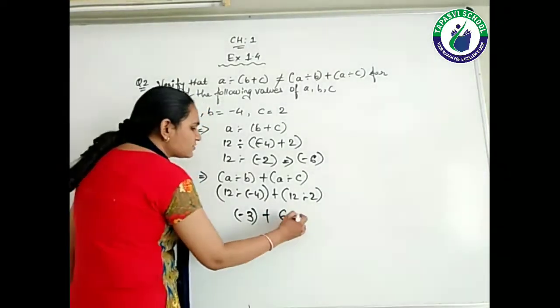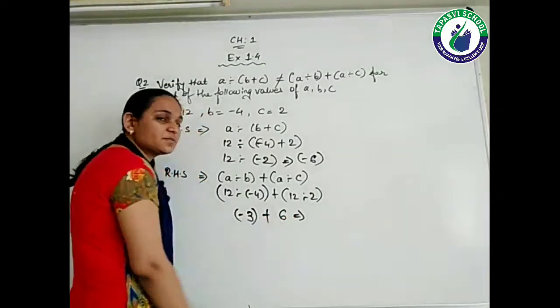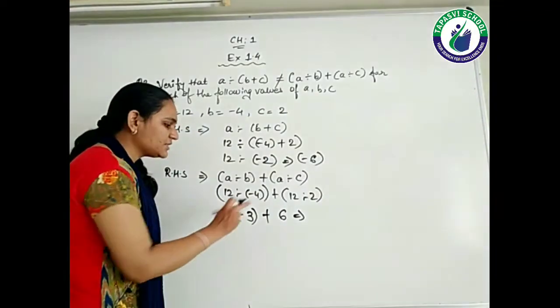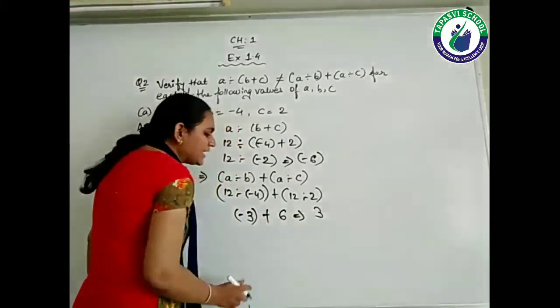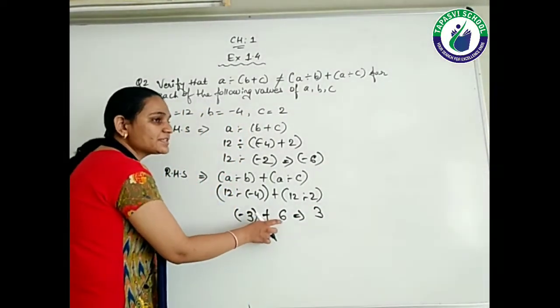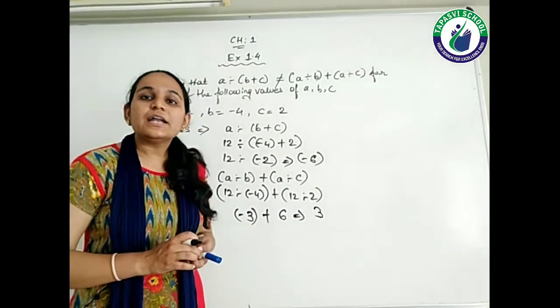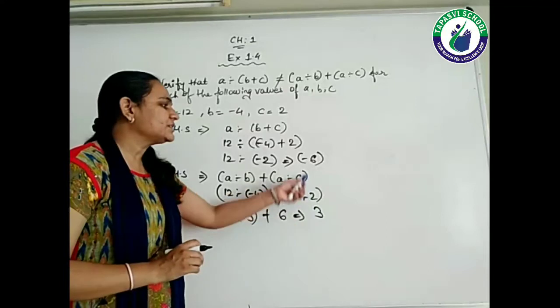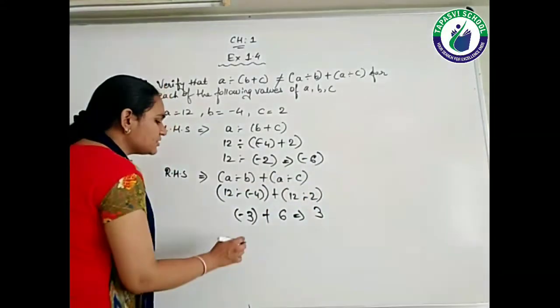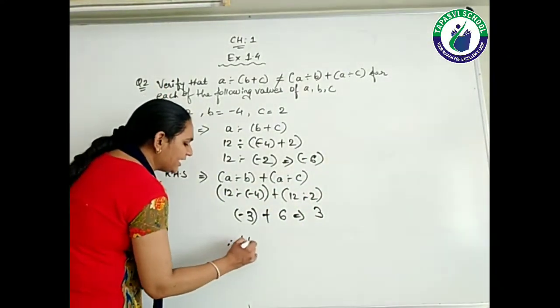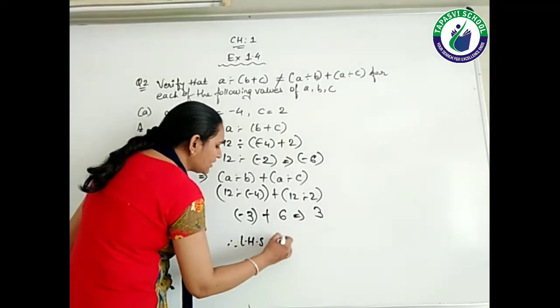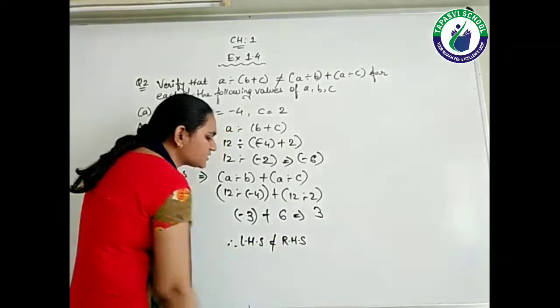Right? Now students, one number is negative, another is a positive. So first we will subtract them. So 6 minus 3 it is 3. And this one is a positive number. That means the 6 is a greater number. So this 3 will be also positive number. Now just to see students, this one and this one, are these two answers equal? No. So we can write therefore LHS is not equal to RHS.